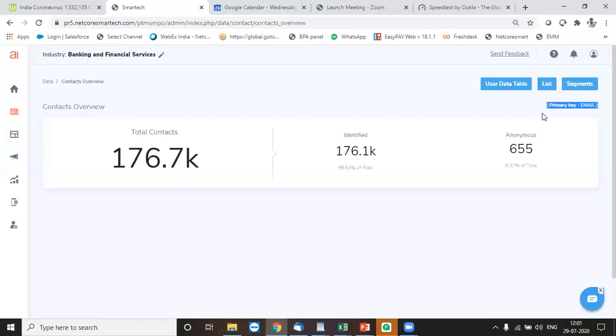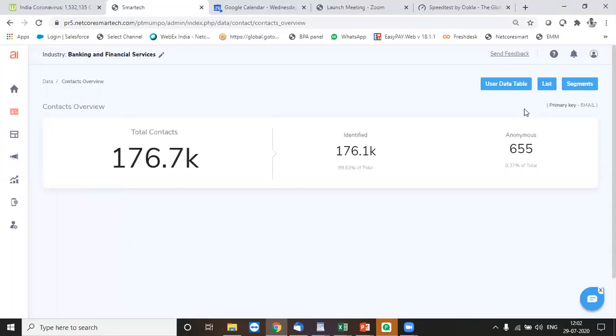Or take an example of a government body, which understands its subjects via the Aadhaar card number or maybe PAN number, which is unique for the customers. Over here also, there are many cases where the primary key could be a mobile number, an email ID, or a customer identification number. Depending on the business use case, you define your primary key. The reason being, whenever you are uploading a contact, if you do not have this primary key, you would not be able to upload the data in the system.